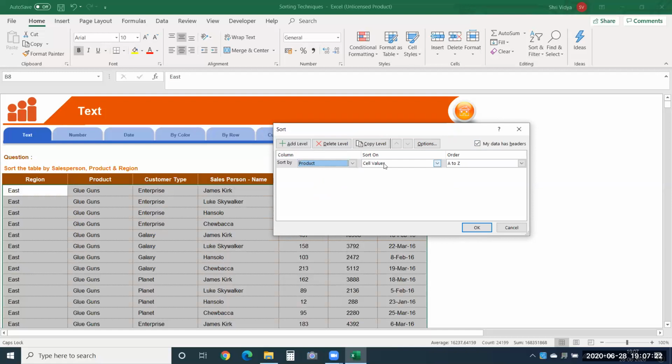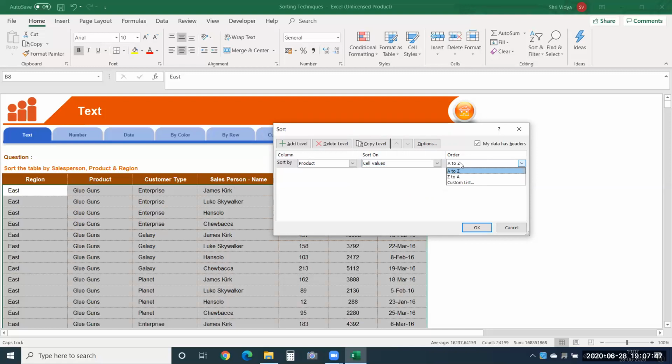Sort on what you can sort your data, whether it is values, color, font color, conditional formatting icon. So these are the things that are available to us to sort our data over here. So now, after I choose that, I want to sort my data based on the values present in it.